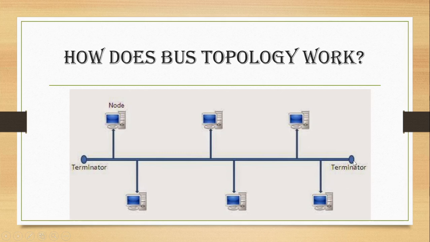We have to attach the terminators on the ends of that central cable, that bus, and you can see different devices are attached, and in a network we call the devices nodes. So different nodes are attached to that single central cable, and here you can see they form a T. So these nodes are going to attach to the central cable through a T connector. How the data is going to flow: it is going to flow in both the directions in the bus topology, right?